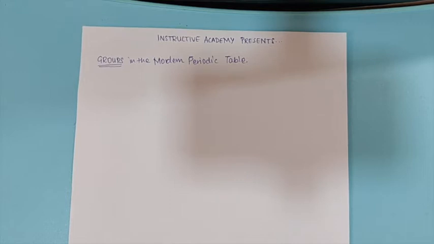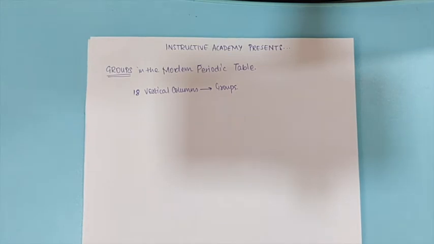So in the last video we had seen about the periods of the modern periodic table, and we had even seen the properties of the periods as we go left to right or right to left from the period. So today in this video we are going to study about groups and their properties. There are 18 vertical columns in the periodic table and those are known as the groups. So the group numbers, that is 1, 2, 3 till 18, they signify the number of valence electrons in the element. For example,